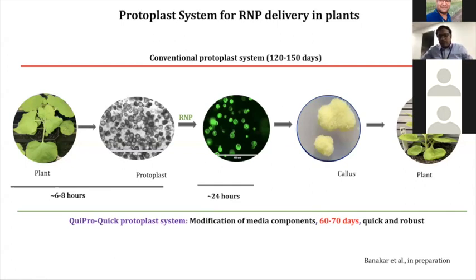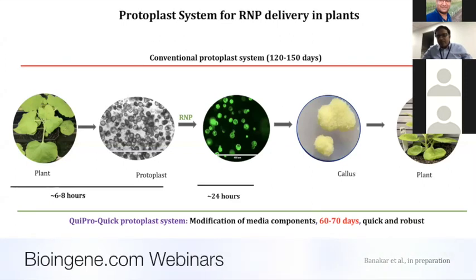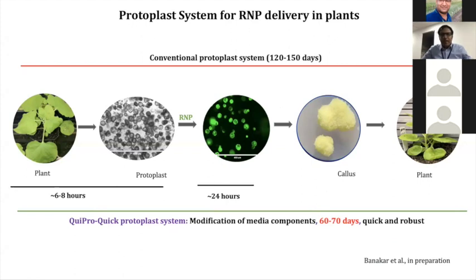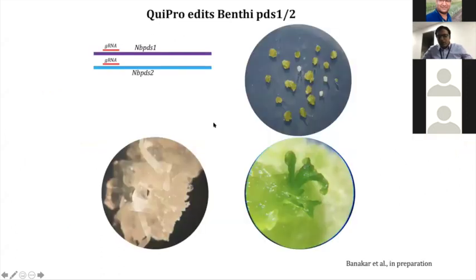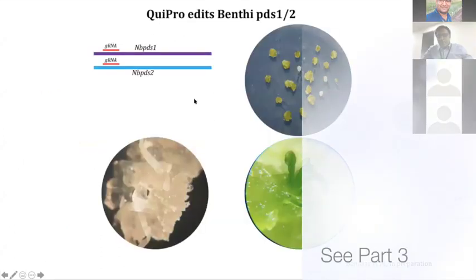It's one of the key traits in technology building, I would say, high throughput and quick, because most of the time the chance of failure is very high, so that you can go back quickly to the drawing board and come up with new strategies. So using this system, what we have done was to edit the PDS1 gene in Nicotiana benthamiana